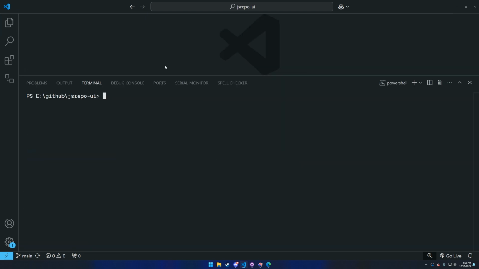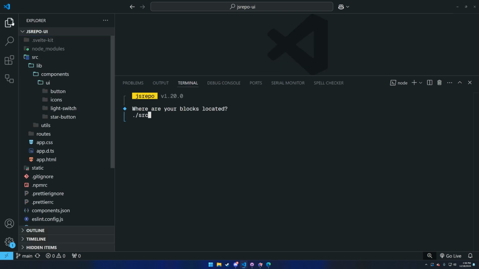So we're going to go ahead and run jsrepo init registry. And it's going to ask us where our blocks are located. So what it's wanting is the path to where our categories are located, right? So what we're going to do is we're going to say source lib components is the containing directory for our category UI, and then source lib is the containing directory for utils. So let's go ahead and do UI first, source lib